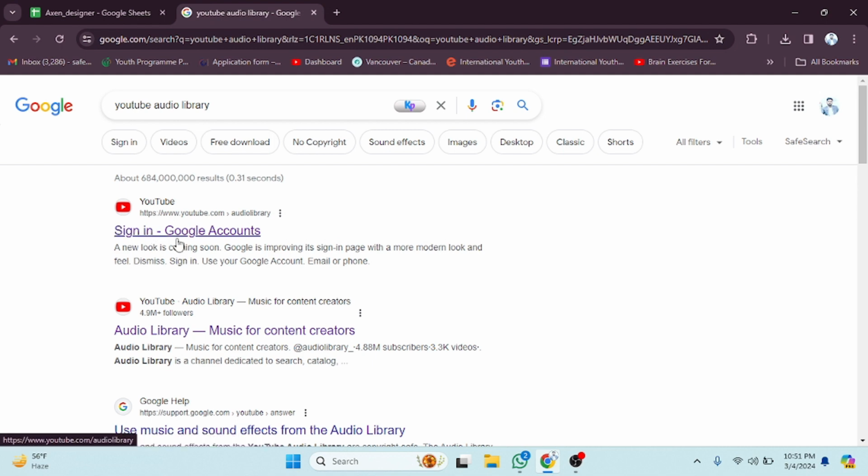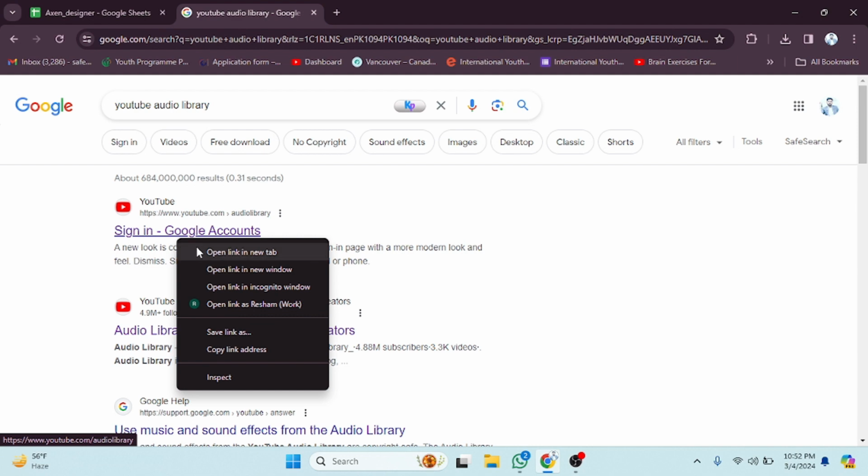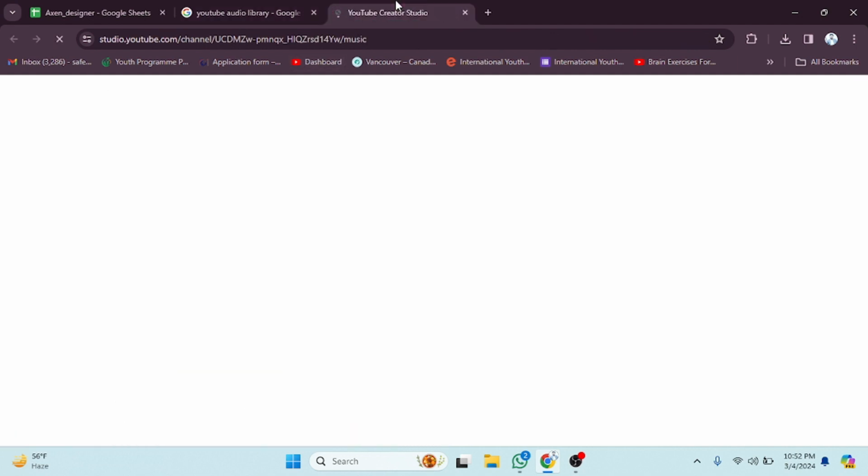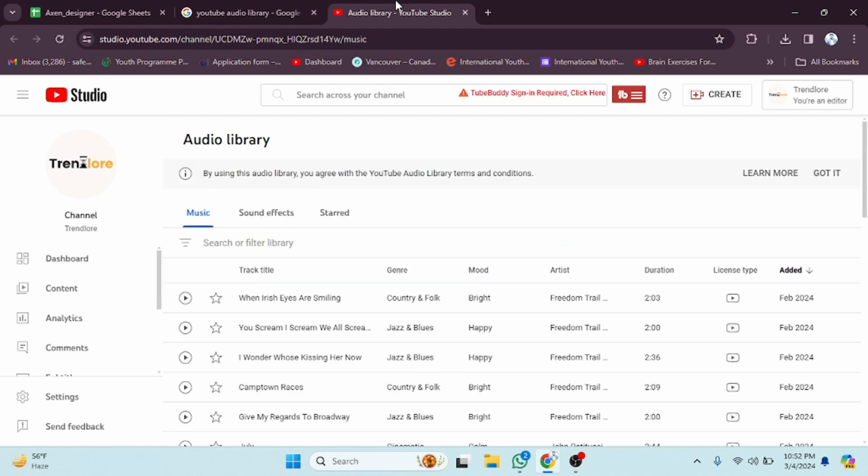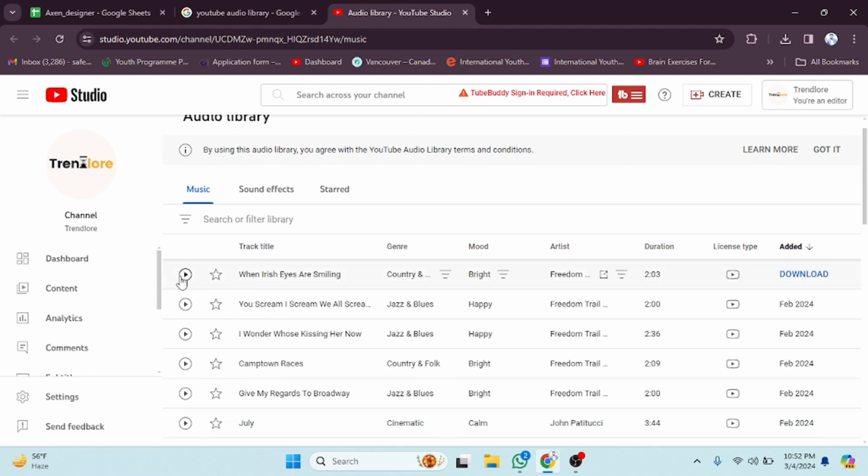So we have to open this. I'm going to click on this, and now we have to open this into a new link. As you can see, it's loading. We have to wait a few seconds until it loads. As you can see, the site is open. Now simply we have to play the music and check the preview, and we can download it. So as you can see here, the music,